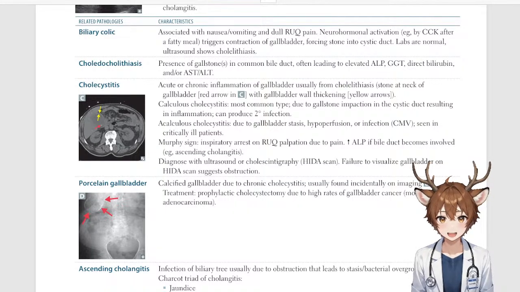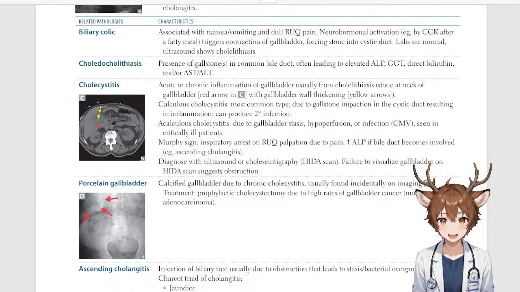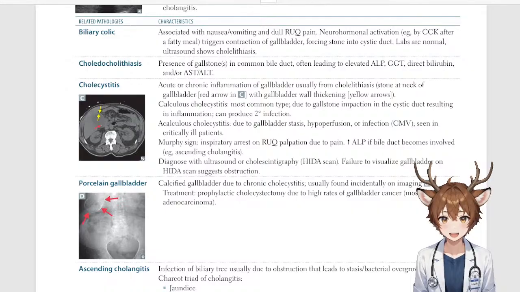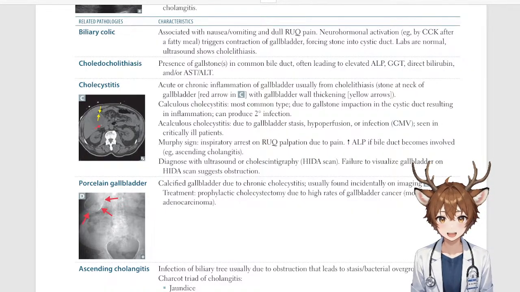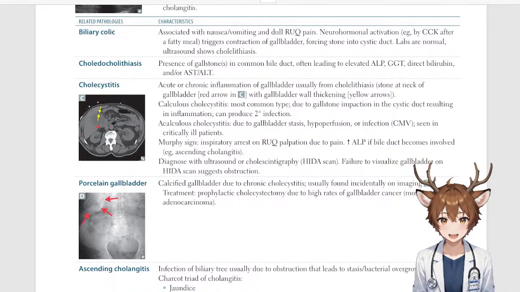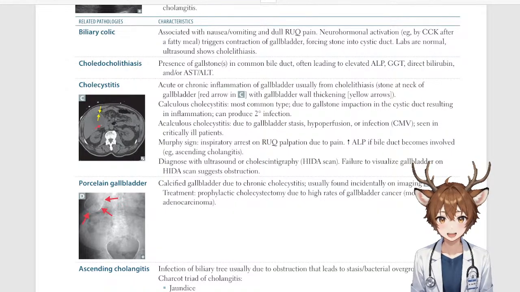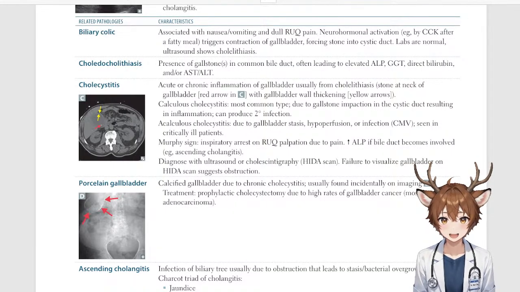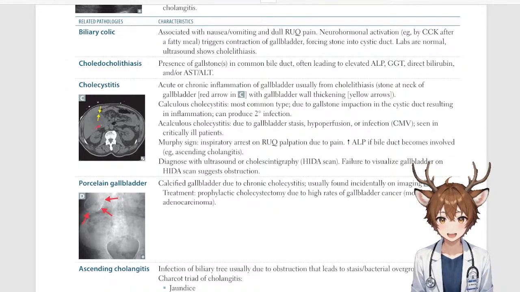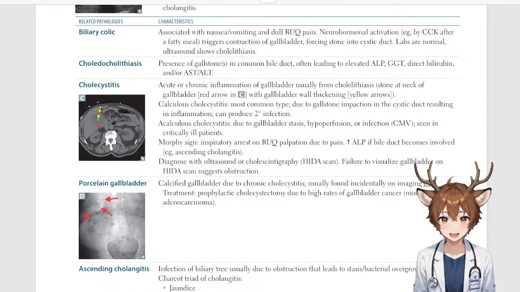Cholelithiasis, presence of gallstones in common bile duct, often leading to elevated ALP, GGT, direct bilirubin, and/or AST/ALT. Cholecystitis, acute or chronic inflammation of gallbladder. Calculous cholecystitis, most common type due to gallstone impaction in the cystic duct resulting in inflammation in gallbladder with thickening,